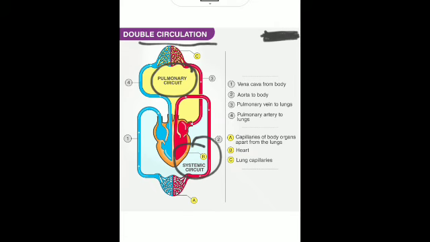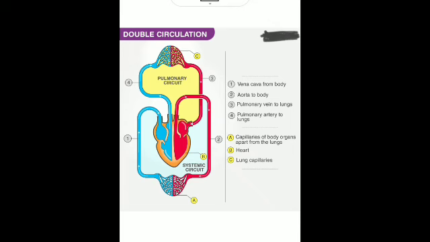So what is pulmonary circulation? That is the circulation of blood between the heart and the lungs, which I have told you. Blood flows from where? From the right ventricle to the lungs. Is that clear? And it gets oxygenated and returns to the left atrium. Is that clear? How? Which vein carries it? The pulmonary vein, that is number 3 over here. This carries it. And systemic circulation,